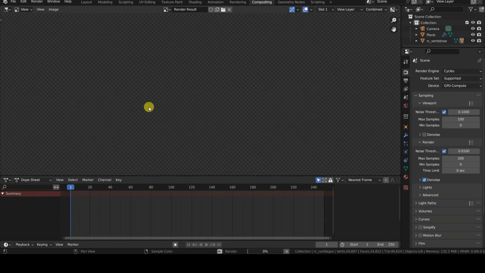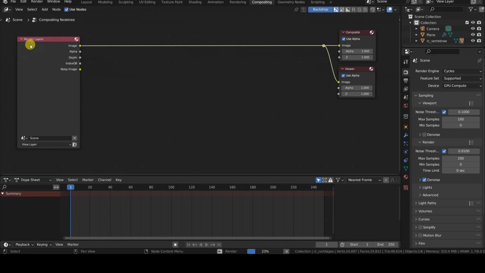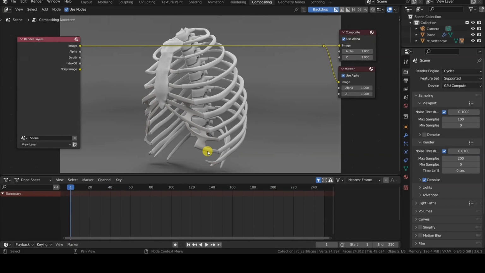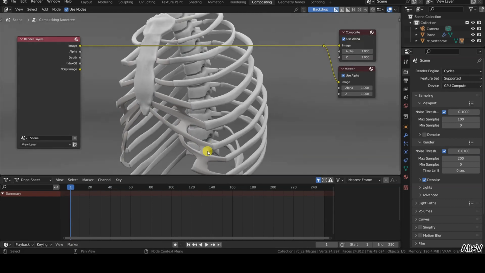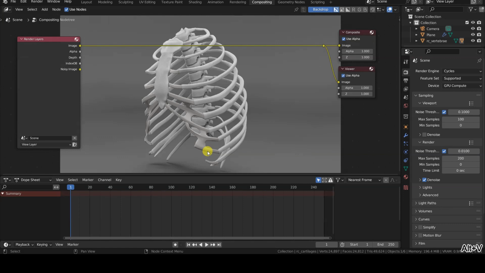This allows us to send the compositing result to Reroute and from there, simultaneously to both Composite and Viewer. At this point, we should perform an initial render, even with just a few samples, to obtain the first compositing data. Among these, we will especially have the mask of the object, which can be retrieved from the Index OB output of the Render Layers node. If the render preview appears too large, you can shrink it by pressing the V key. If it's too small, you can enlarge it using the Alt plus V key combination.